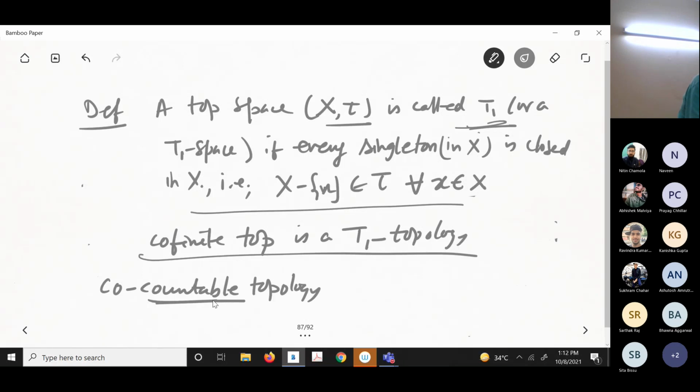Look here, put this word here. Look, whenever I was defining cofinite topology, it is a rather battle between finite and infinite set, right? So that when you have co-countable topology, it should be a battle between countable and uncountable. Actually, it should be. Okay, right. Now,